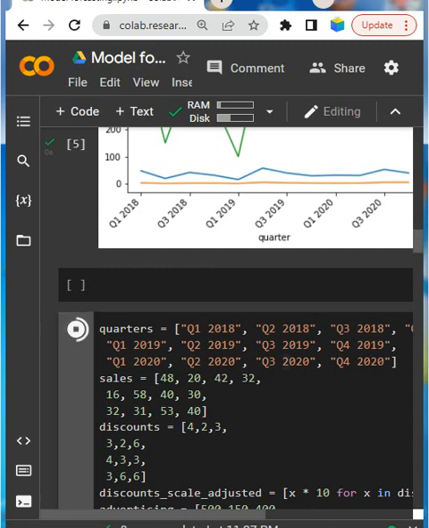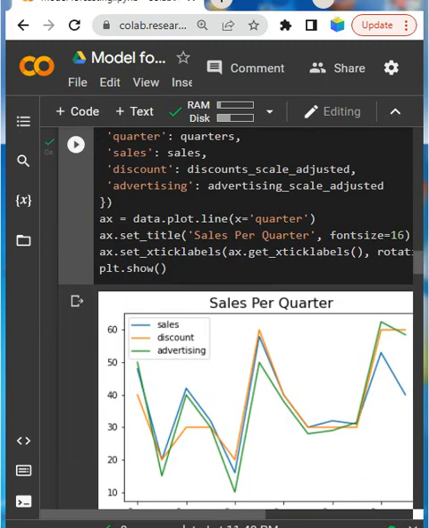Your graph has been adjusted, and now you can see the good relationship between sales, discount and advertising. You can suddenly observe a very clear relationship between three variables. The relationship was already there in the previous graph. So we sometimes need to adjust the values. This is the most important thing, and this is the good way to do it. So you observe a strong correlation.